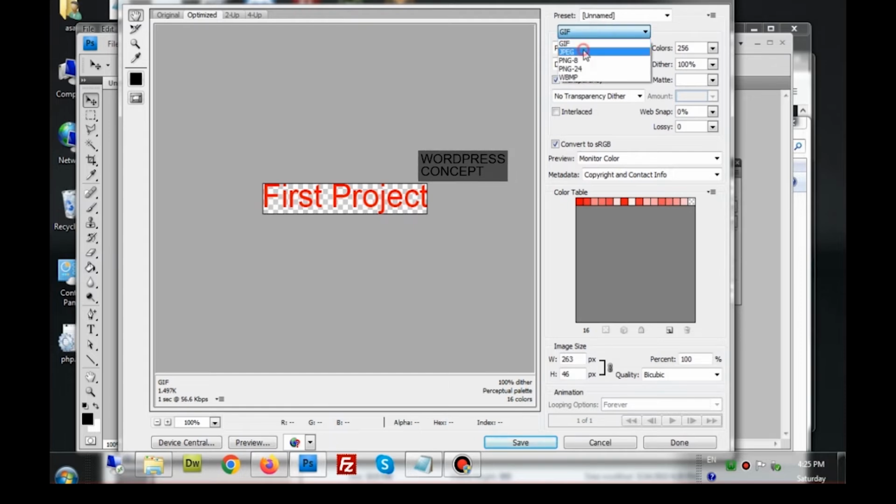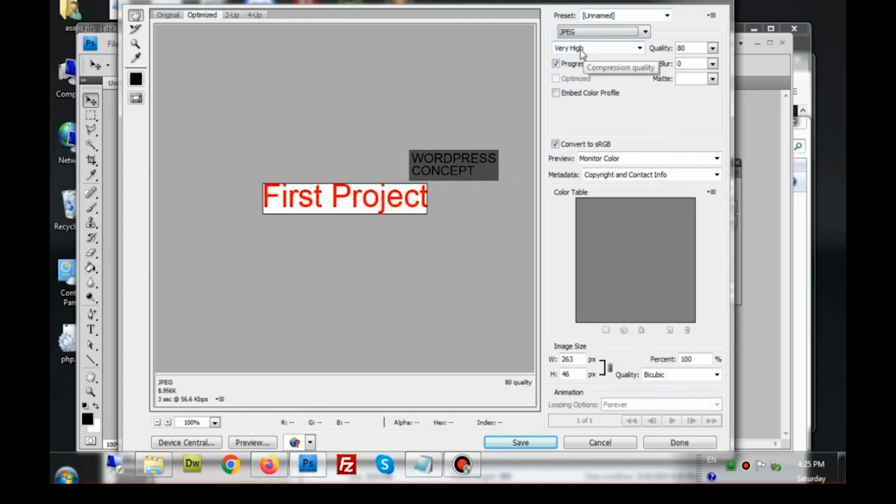So we can use the second option, which is called JPEG. With JPEG, the quality of the image will be very good, but JPEG images have their own background. So if there is no background, it will show white as a background. But if the image already has a background, it saves it including the background. The third option, and the most important one that we use to save images, is PNG-24.